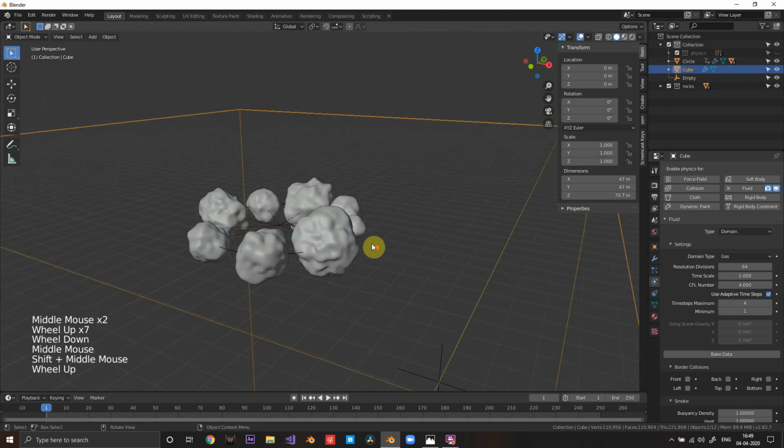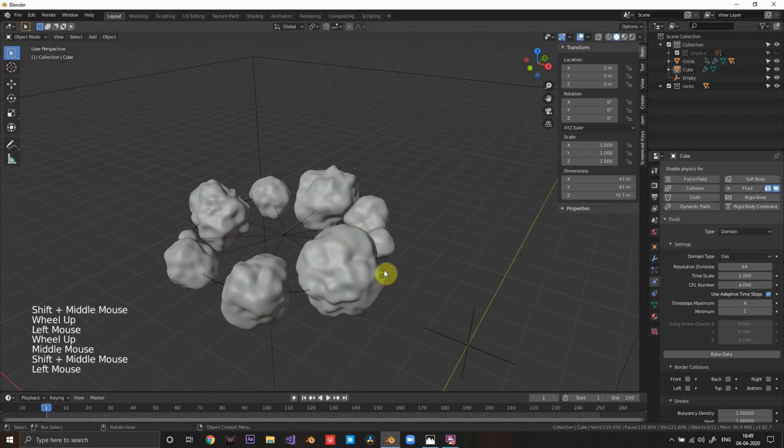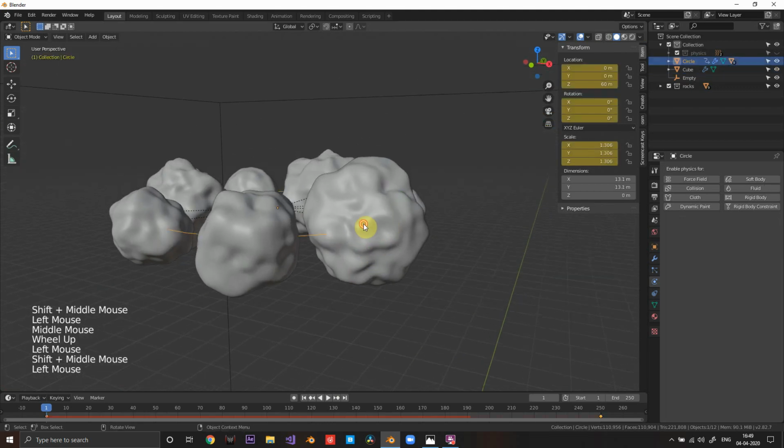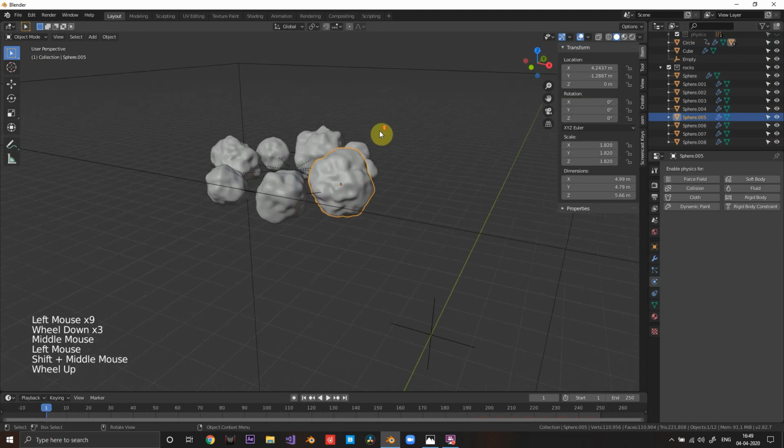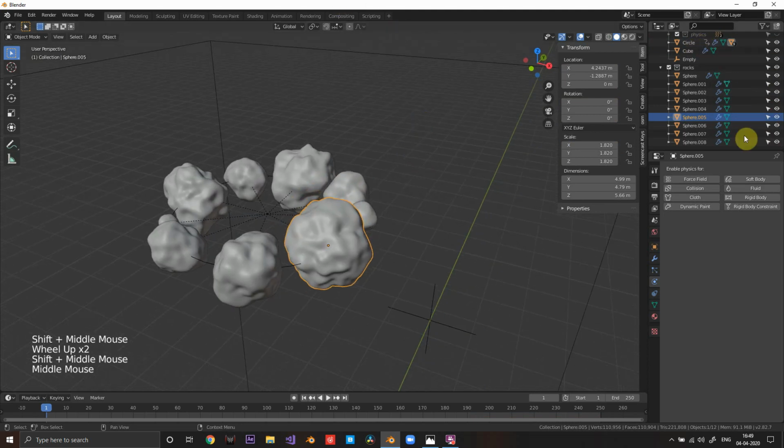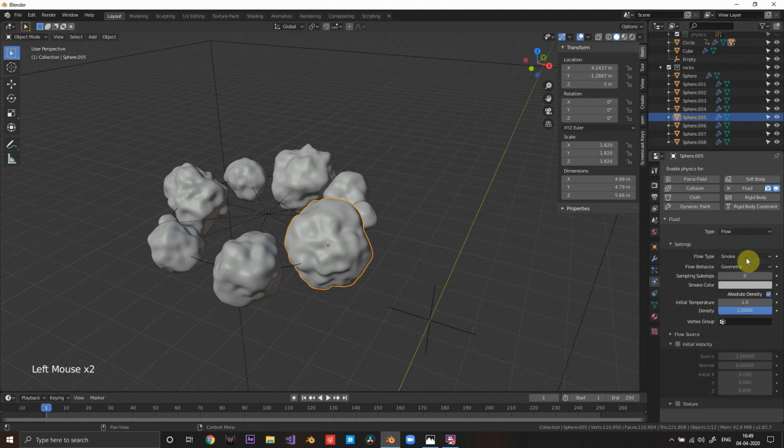calculated. Now we are going to select these, which can be selected obviously. So I'm gonna turn the selectability back on. Alright, so press one rock, set it to fluid, the type to flow, and we want them to emit fire also, as well as smoke, and we want them to